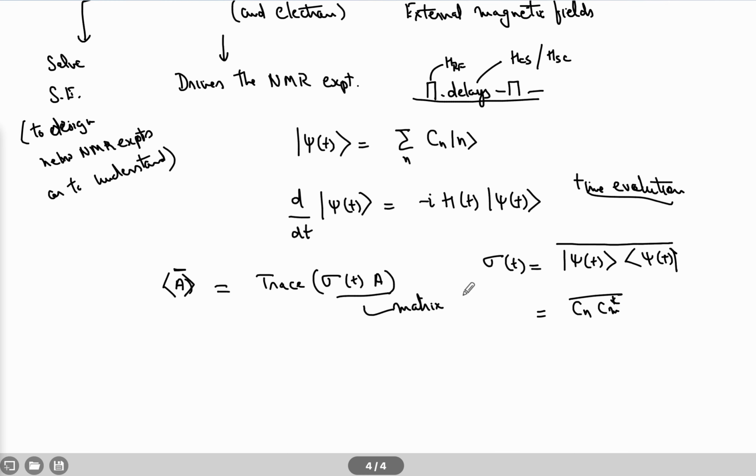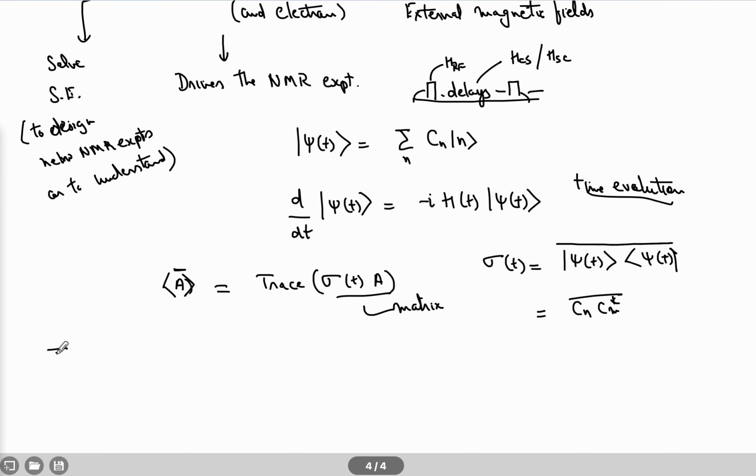So now it is very interesting and also very simple to understand that if we want to know the expectation value at any given point in time, all we have to do is find out the density matrix at that particular instant, right? So for example, here at any given point, if you know what the density matrix is, that means how the density matrix is evolving in time is crucial to understand how an NMR experiment, or how spin states, are evolving in time, right?